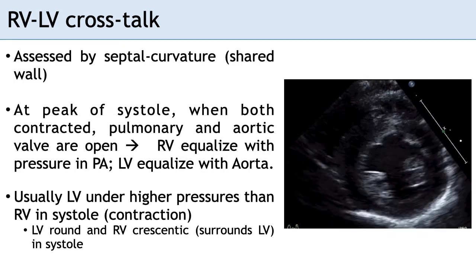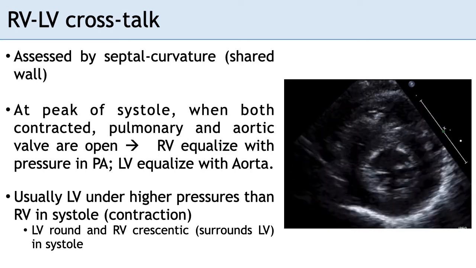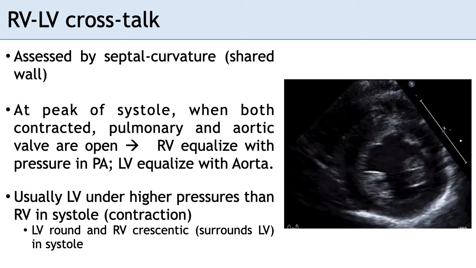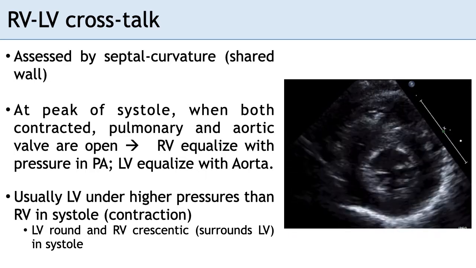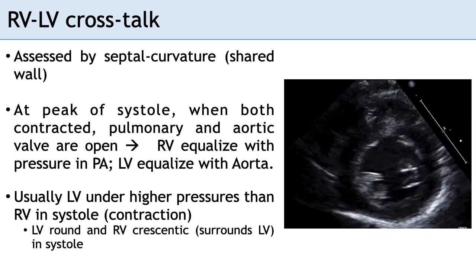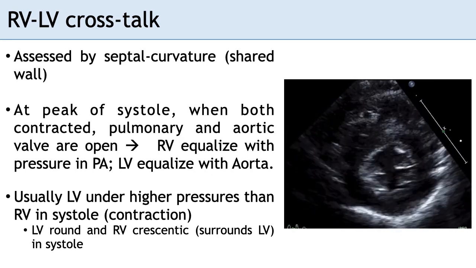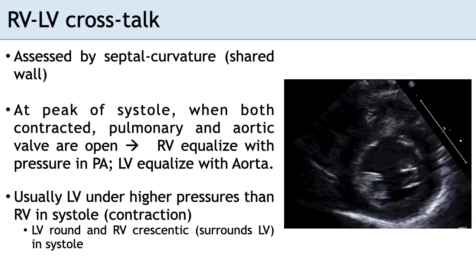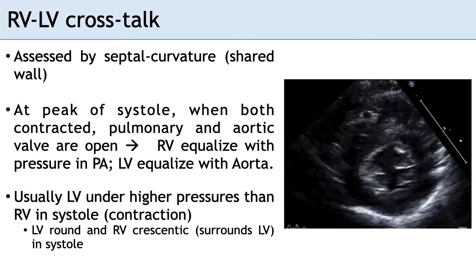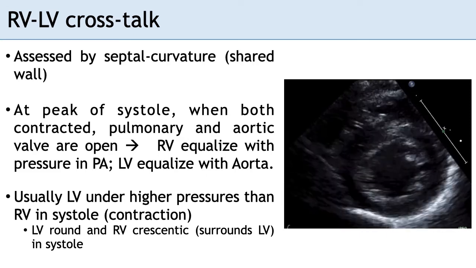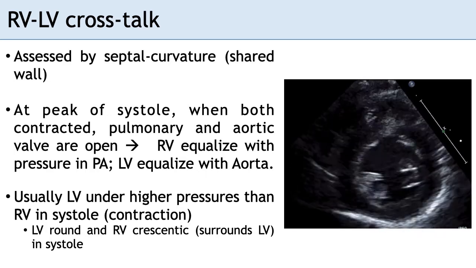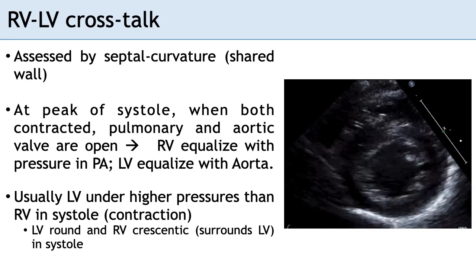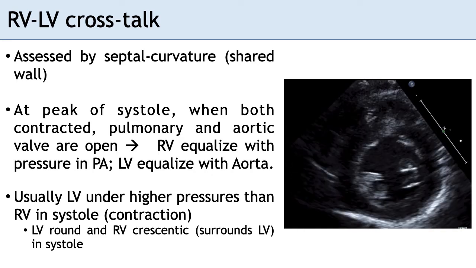And obviously, the RV-LV crosstalk gives you a sense of what's happening in relationship to both sides. So you always have to put this into context of what's happening on the systemic compartment. So usually when the LV is under higher pressure than the RV, at the end of systole, so during contraction, the LV is round and the RV is crescentic, surrounds the LV. Now, when the valves are closed, the pulmonary and aortic valve, so during diastole of the ventricles,